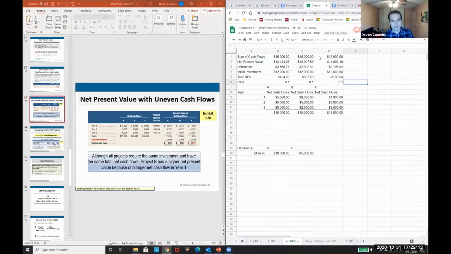So we can see here, right? It's just copy paste over and move some of the formulas around, and you can find out the differences. And so the differences here